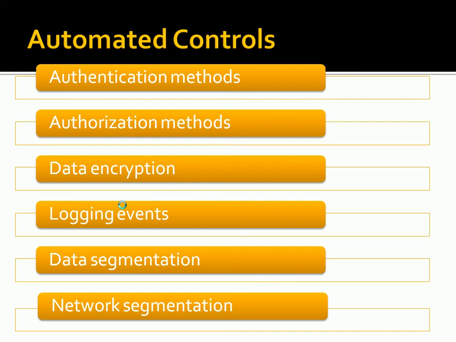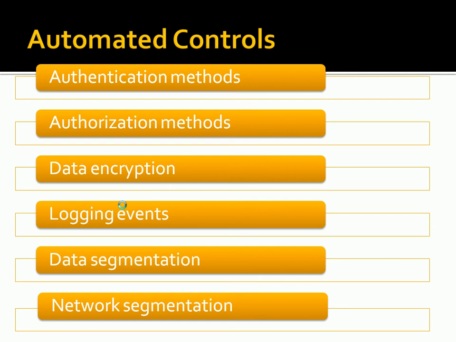Something that somebody in marketing probably shouldn't have access to is research and development, because maybe you don't want them accidentally marketing things that you don't have available yet, or giving away some trade secret that they weren't prepared to make public yet, or something like that. And again, that goes back to layers of security. There could be some authorization in place to prevent that from happening, and then segmenting a network is just one extra layer. So if the authorization for some reason breaks down, the network segmentation can hopefully prevent those types of breaches. So these are all automated controls that we can use to enforce the policy.